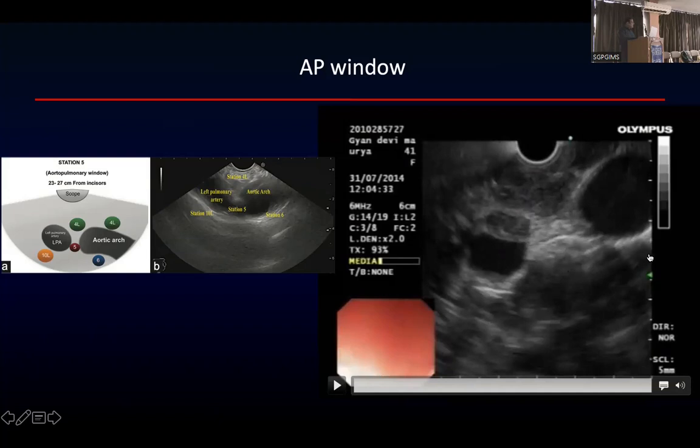This is 6. This is 10. अगर lymph node आपको यहाँ दिख गया ये 10L है, आप FNL नहीं ले पाएंगे. 6 है, FNL नहीं ले पाएंगे. क्यों? क्योंकि आप इसको थ्रू जाना पड़ेगा। ओके,